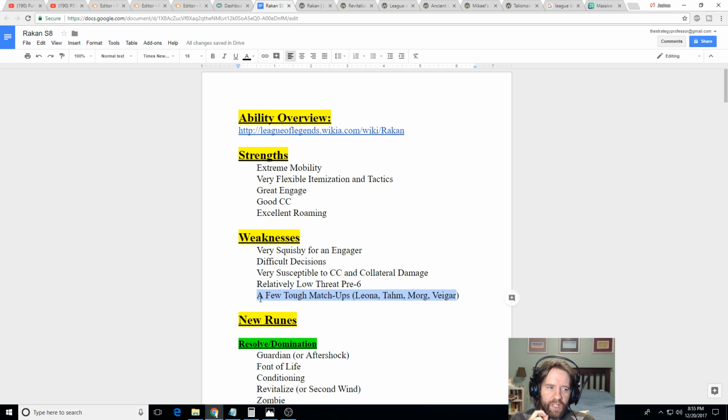Veigar is surprisingly really annoying as well because your W doesn't go through his wall because it's not a true flash, it's a movement. And so if he just throws that cage on you, you can't get out. Or if you try to engage, like RW onto somebody, he can just throw that cage on top of you and the person that you crowd control, and it's going to make it very difficult for your team to follow up, especially melee champions, and it's going to make it impossible for you to get out of that cage. So Veigar is a very, very nasty matchup. You don't want to pick him into Veigar if you can. I mean, you can make it work, but...